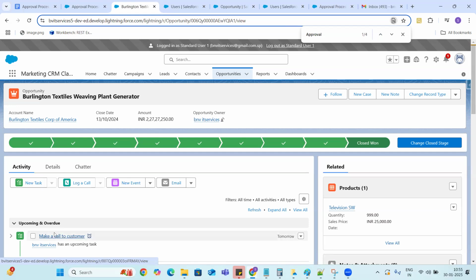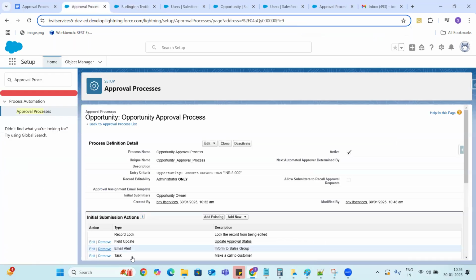Make a call to customer. Okay. This is the activity and which is assigned to this particular user. So this particular user has to complete this activity. Okay. So all the actions that you configured here are something like that. Every time when you submit for approval, these are the actions that need to be performed.